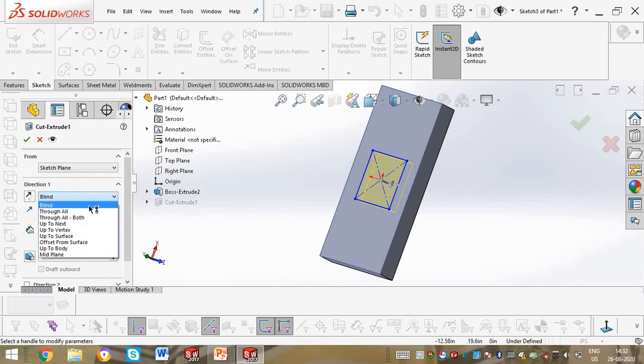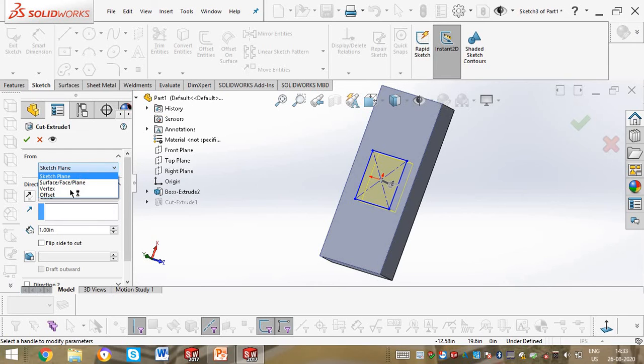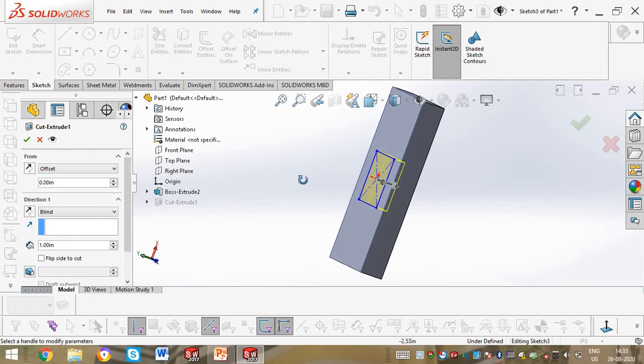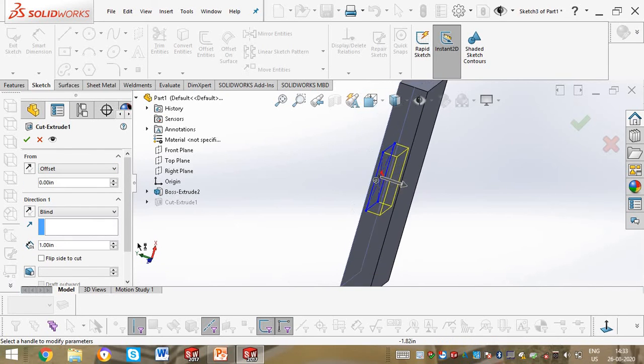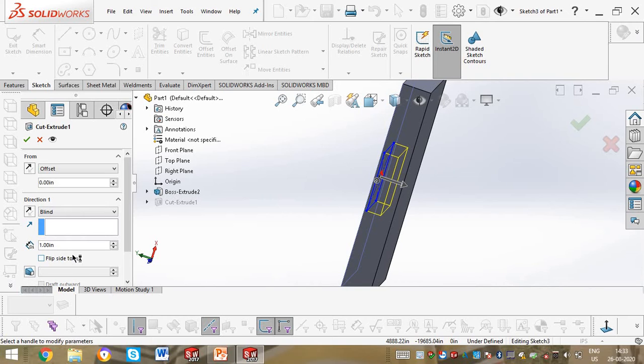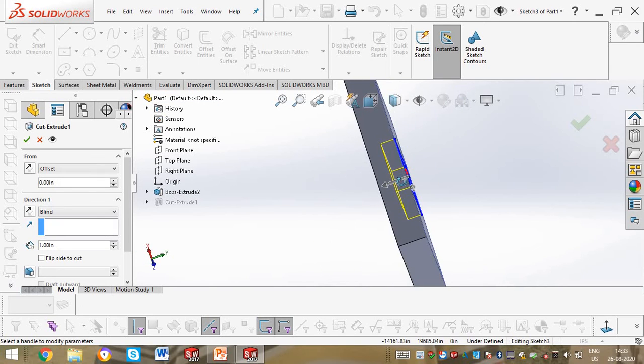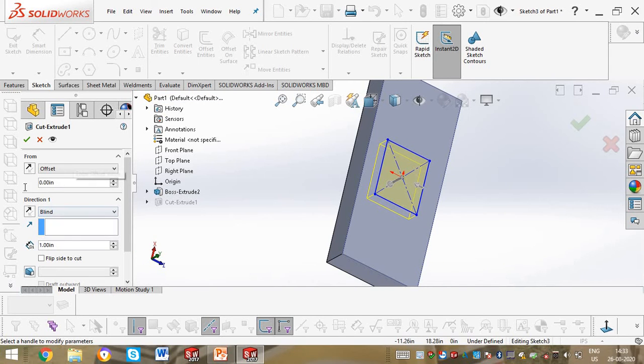I will off that, because there is only one direction to cut this particular profile. If it was in two directions, it will cut in that direction. I will demonstrate that in my further project videos, as the situation demands.